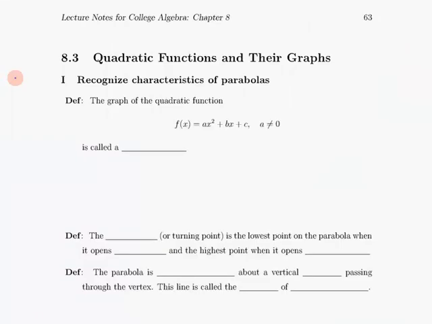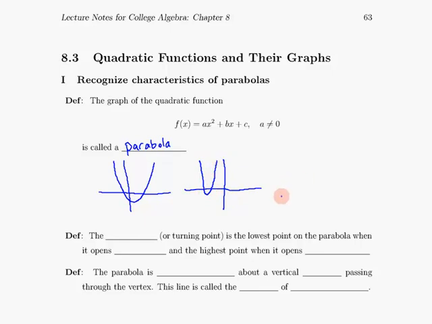Let's start by talking about how we recognize the characteristics of parabolas. By definition, the graph of the quadratic equation given by ax squared plus bx plus c is called a parabola. The basic shape of a parabola is this U or cup-like shape. Let me try to get my graphs as accurate as possible. Say on a plane you have a parabola that may look something like this. A parabola can be narrower than that. It still has that basic U shape. Or you can even have a